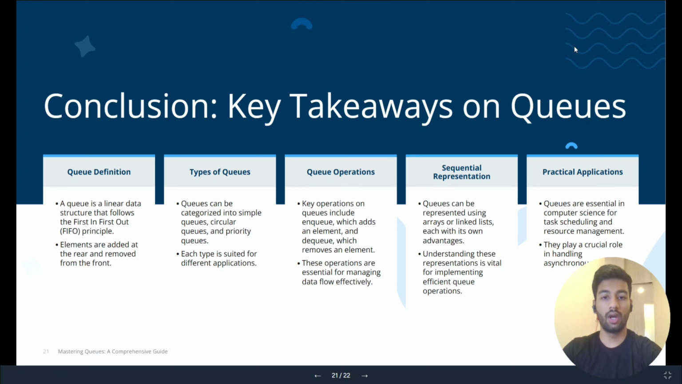Operations of queues include enqueue, which adds an element, and dequeue, which removes an element. These operations are essential for managing data flow efficiently. Queues can be represented using arrays or linked lists, each with their own advantages. Understanding these representations is vital for implementing efficient queue operations. Practical applications: queues are essential in computer science for task scheduling and resource management. They play a crucial role in handling asynchronous